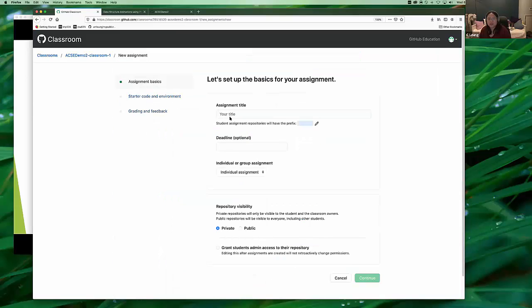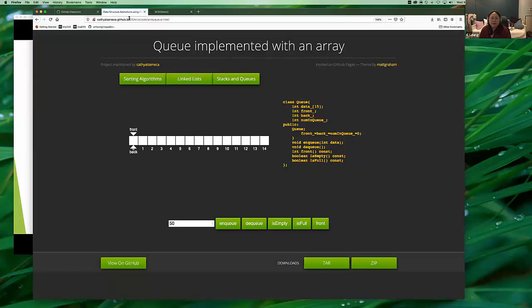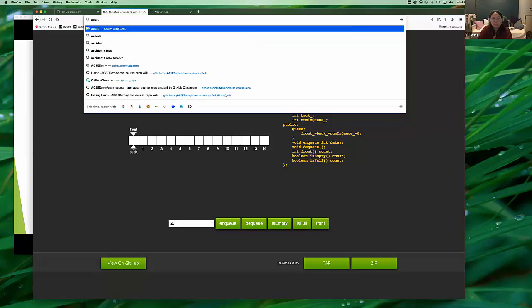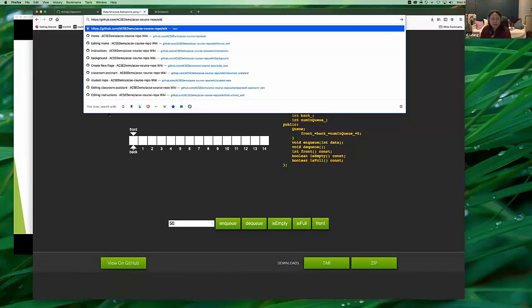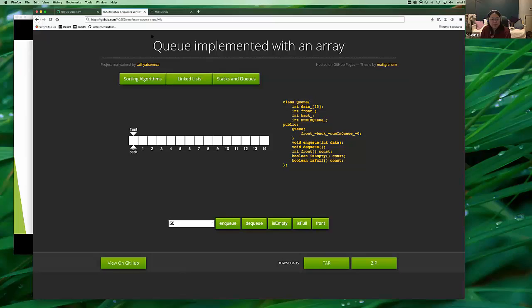And over here, you have an assignment title that you want to give it. So let's say that I wanted to create an assignment, call it A1, whatever I want. And what you see here is you have your assignment title, and then you have this little pencil mark that says prefix. So this prefix is actually going to go in front of all the repositories in your organization. So when I did that lab one, for example, ACE demo, when I was in the lab repository,